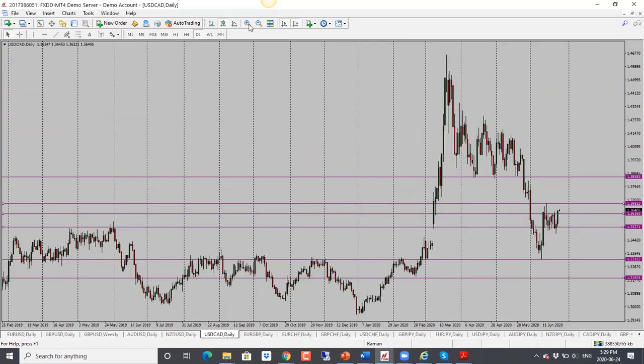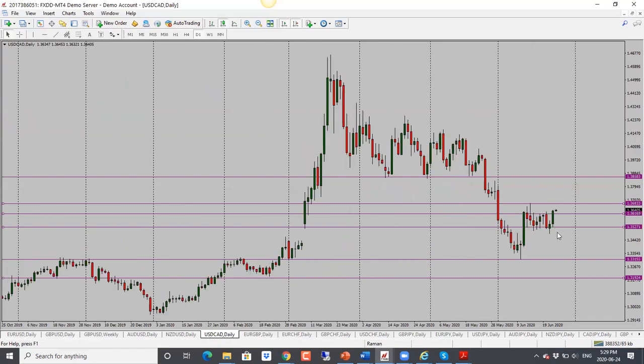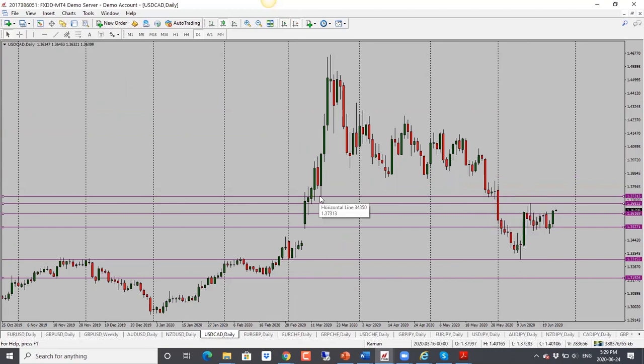Dollar CAD here, this one is looking bullish. So in this case here, I would look for a bit of a pullback and then a further move to the upside here. 1.3680 would be the first target here. So we have a nice bullish close. Next target is 1.3730, back into the support resistance level here. So bullish bias here for dollar CAD.